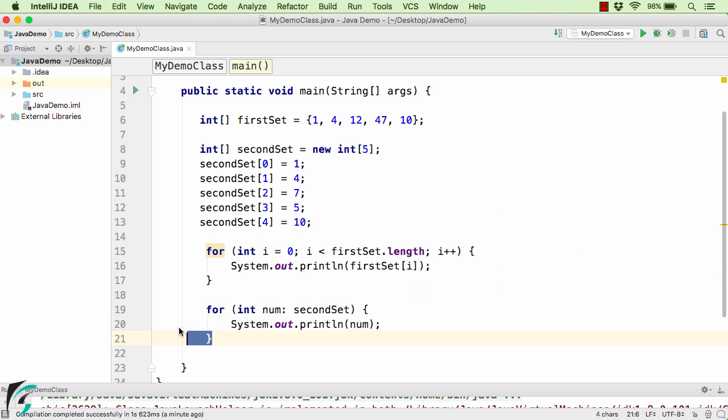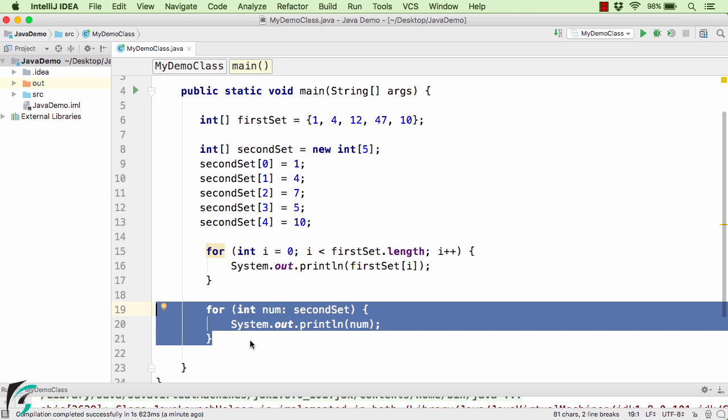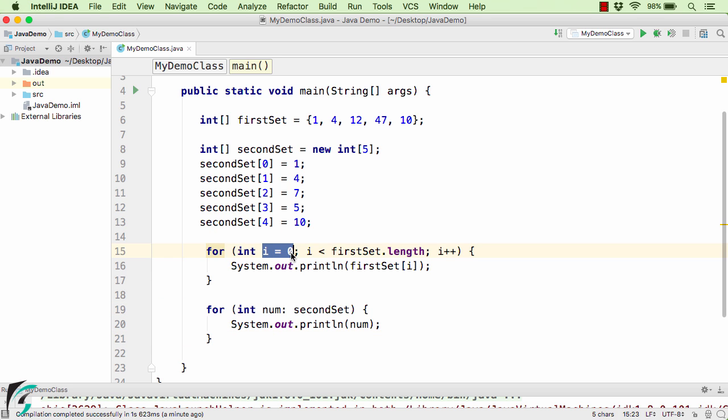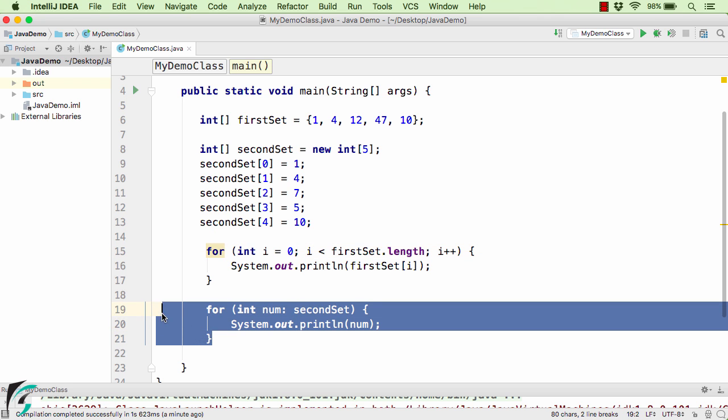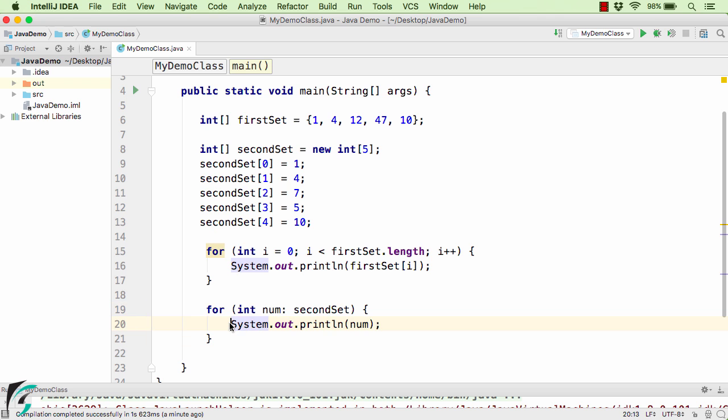Now in case of for each loop, we do not have any counter variable defined explicitly, because this for each loop is actually the advanced for loop that simply uses a counter variable internally. So you do not have to worry about the counter variable here. Simply define a variable num and then simply define the array. So each time this loop is going to run, it will simply loop through each of the values of the array present and store it inside this local variable of num.